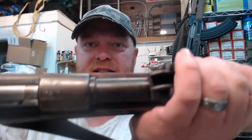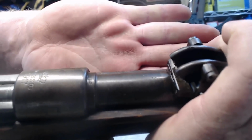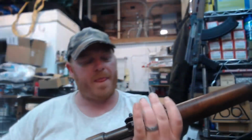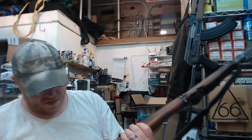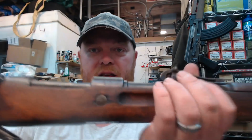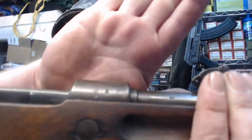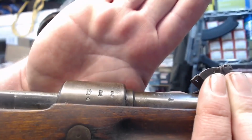Even though at that time, with the development of that Spitzer bullet, that's where this S that's on the barrel becomes relevant. This is a Spitzer marked barrel here. You can see the S right there up near the sight, right? Now this is a pretty neat one right here. This specific Gewehr 98 has all the proper proofs on here. Some of these proofs that are on this gun are actually the same exact proofs that you'll find on